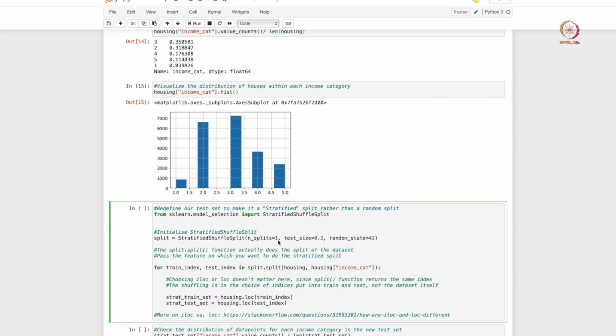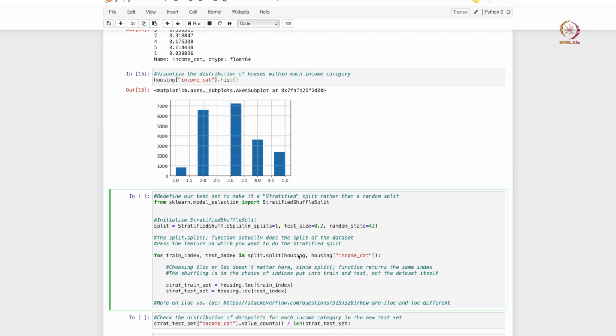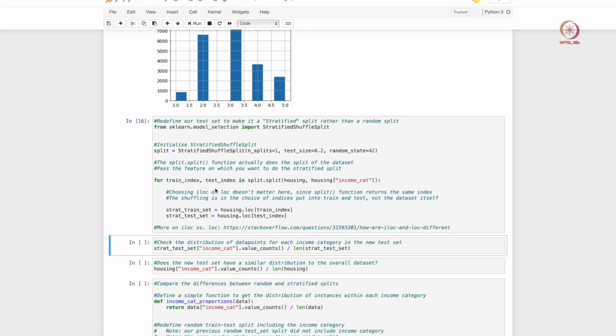We also mention the size of the test set that we are looking at. We want about 20% of the data to be in the test set, and we also initialize a random state. Let me execute this block here. The split function is what does the job, right.